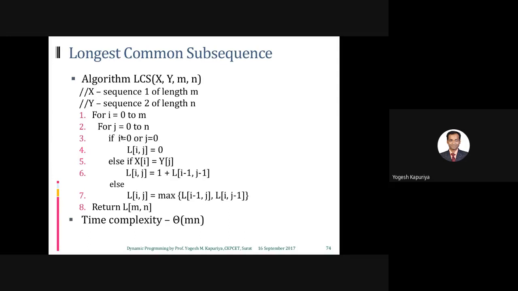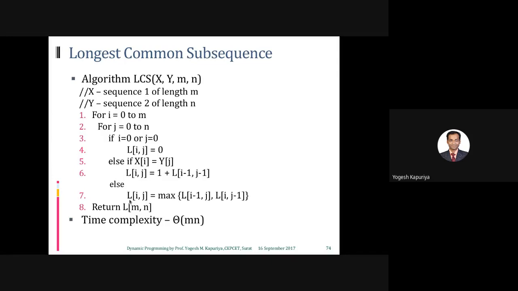If it is the first row, that means i equal to 0, or the first column, that means j equal to 0, then your value is 0. Else, if your letter matches, that means x of i is equal to y of j, then L of i j is equal to 1 plus L of the diagonal, that means i minus 1, j minus 1.